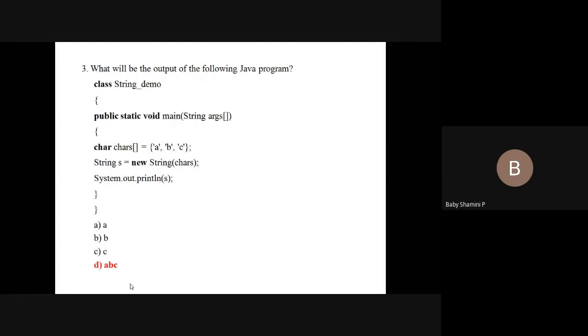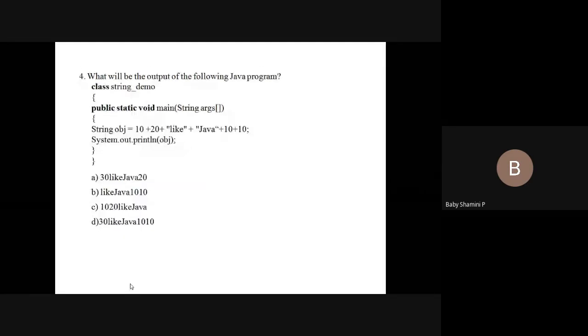Next one: what will be the output of the following Java program? Here we declare a String obj equal to 10 plus 20 plus "Like" plus "Java" plus 10 plus 10.